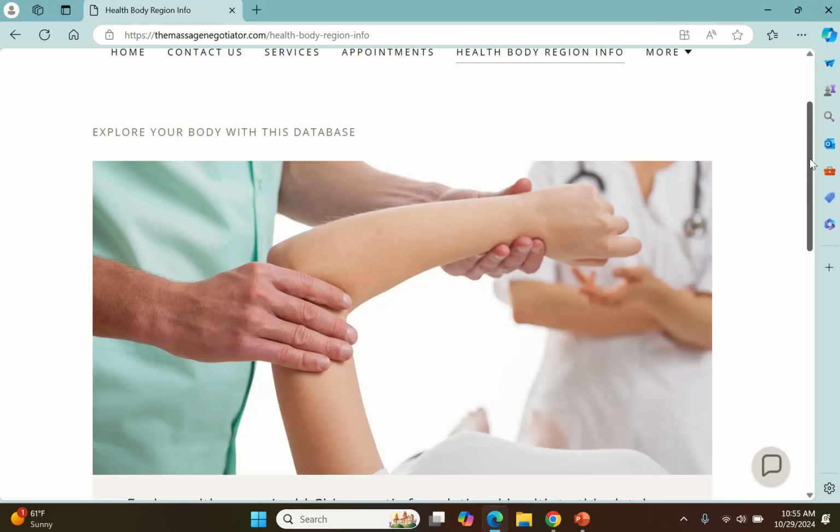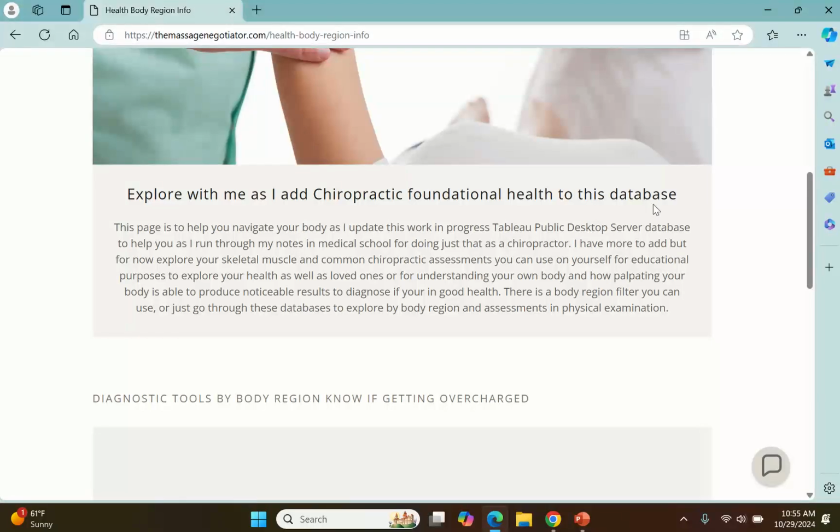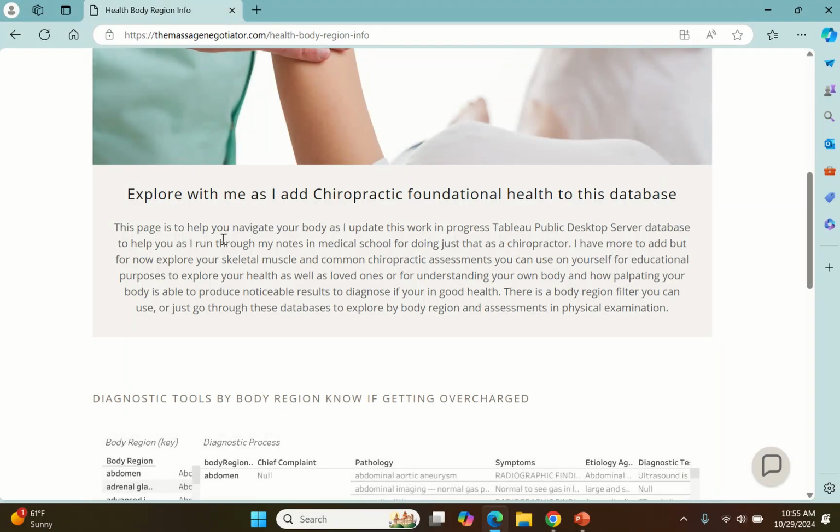Explore your data with this database. Explore with me as I add chiropractic foundational health to this database. This page is to help you navigate your body as I update this work in progress. Tableau Public desktop server database to help you as I run through my notes in medical school for doing just that as a chiropractor. I have more to add, but for now, explore your skeletal muscle and common chiropractic assessments